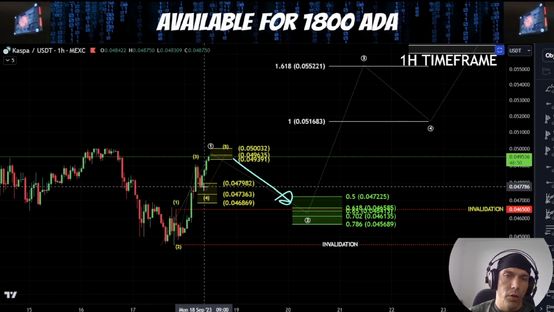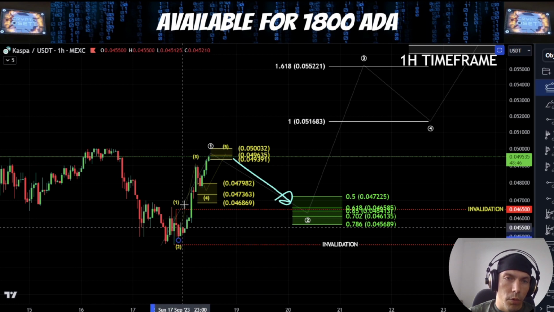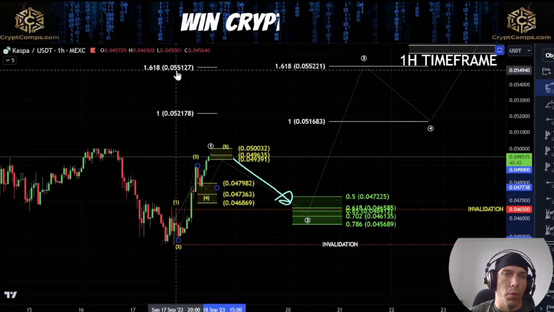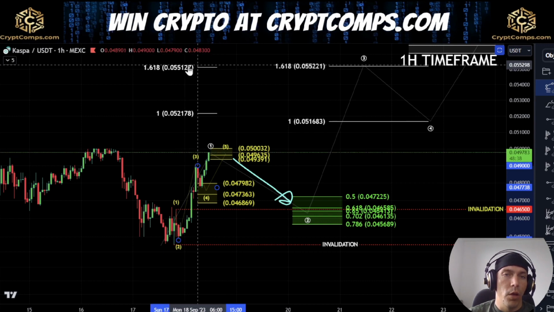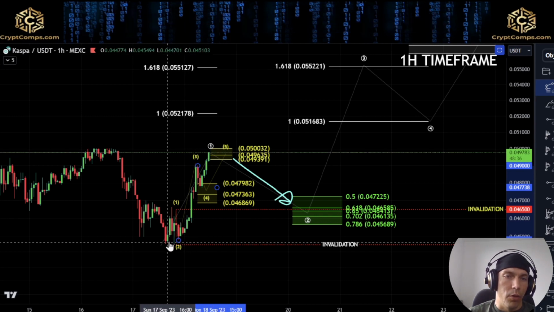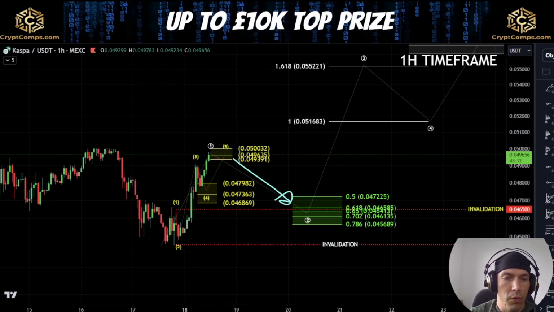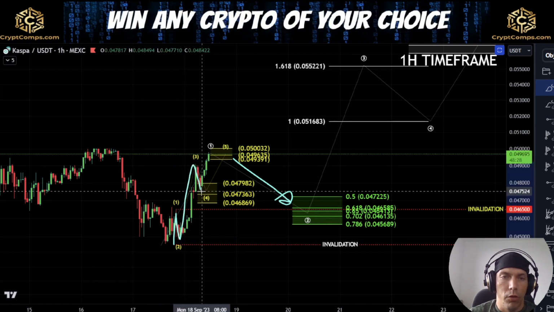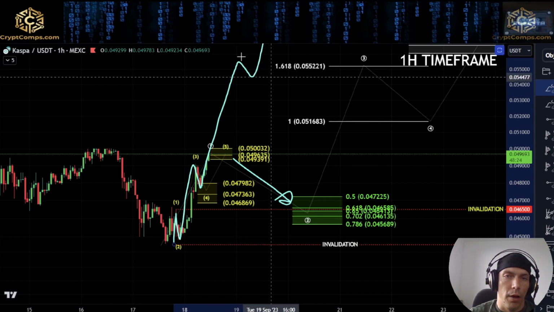If, however, we start to extend directly from this point, what I would then be looking for is the potential that this could then be a 1-2, but this would only be confirmed by having a much bigger move up towards this 55127 level. But we'll still be keeping an eye on this just in case we do seem to have some extensions within these waves. And what that would then mean is that this becomes 1-2, this becomes 1-2, and then we're looking for this as a bigger third, fourth, and a fifth at a later point.